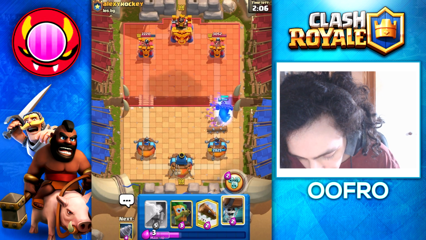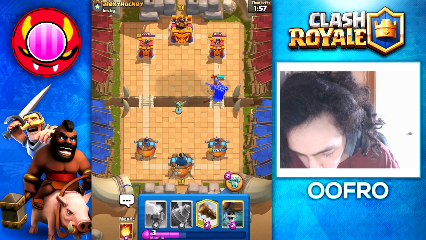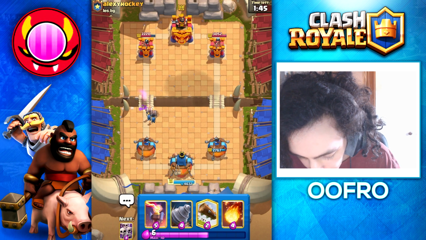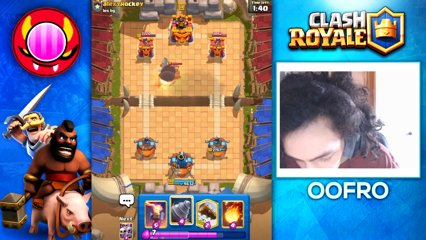He locks it, that's fine. I'm waiting for that Valkyrie. Boom, there it is. So we are going to play a Dark Goblin here. Dark Goblin's going to snipe that Valkyrie, and he goes with a Rocketeer, that's fine. Going to activate my King Tower here with the Wall Breakers. The Wall Breakers dodge the shot and activate my King Tower, also applying pressure to him, and you guys can